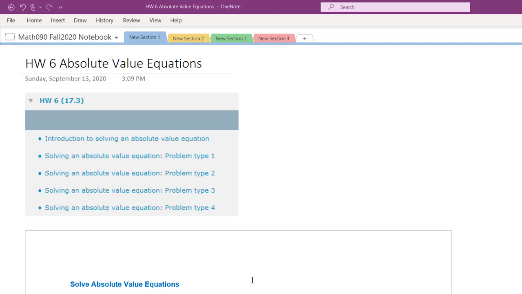Homework 6 is all about absolute value equations, and so I thought that I would just do a general video, or actually a couple of videos so it doesn't get too long, about absolute value and absolute value equations. So these are the topics. There's only 5 of them in Homework 6, and we actually are going to do